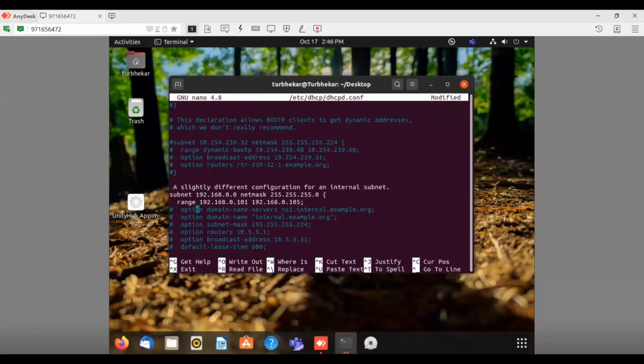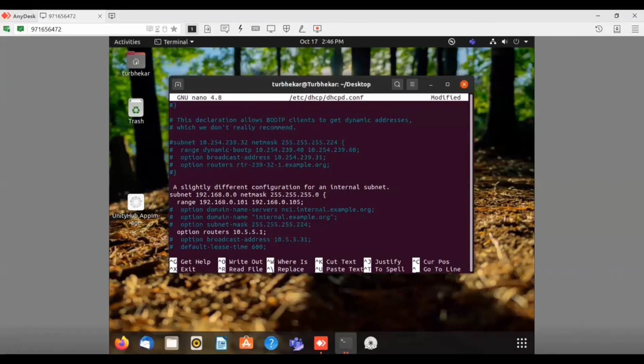Then the next line is domain name server. We don't have to uncomment this line because we don't have a domain name server, a DNS server. As it is optional, it's not mandatory to configure that, so we will leave it commented.